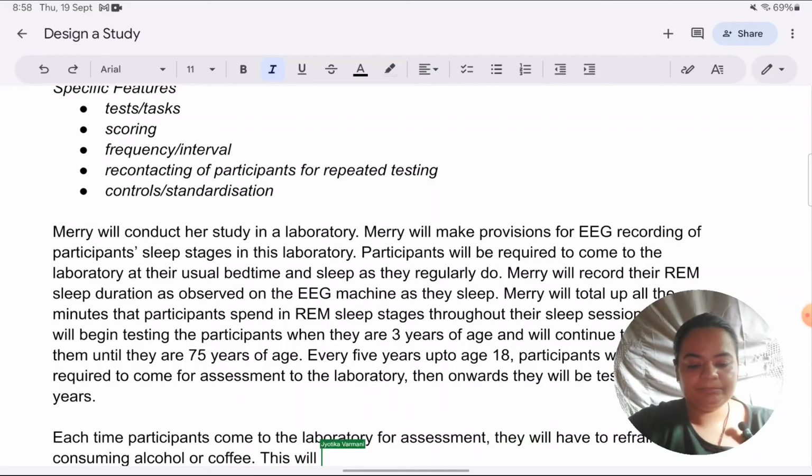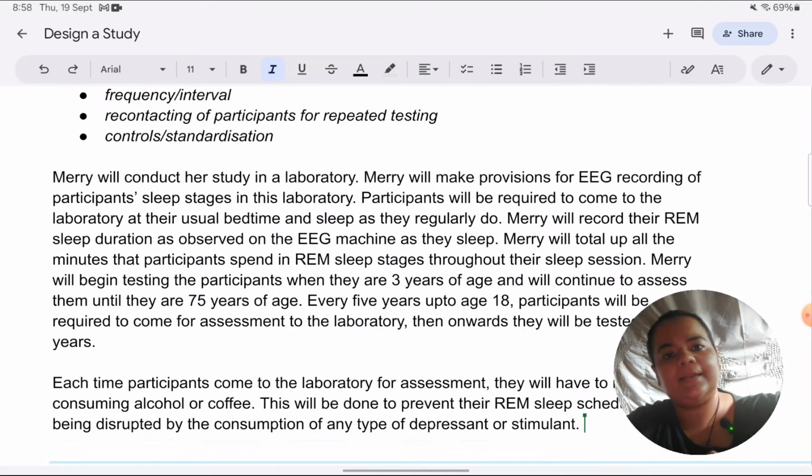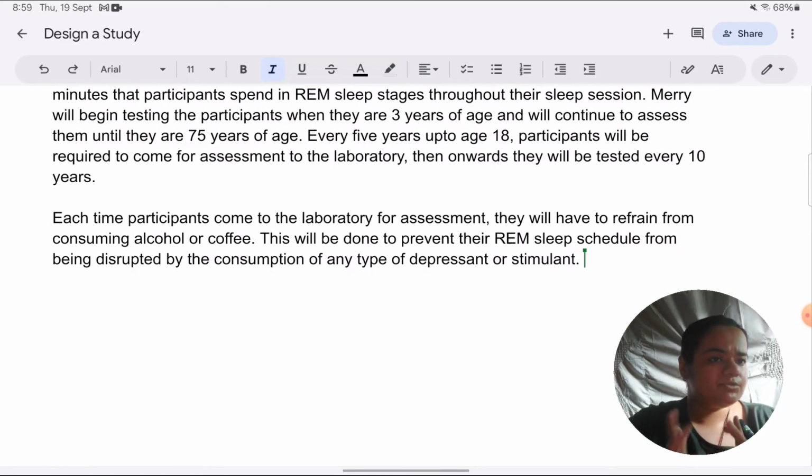This will be done to prevent their REM sleep schedule, or you can say sleep pattern, from being disrupted by the consumption of any type of depressant or stimulant. So the justification is also similar to why in Dement and Kleitman they were not to have these types of substances. Okay, I was going to write about reliability, but the point I've just covered is a control, so